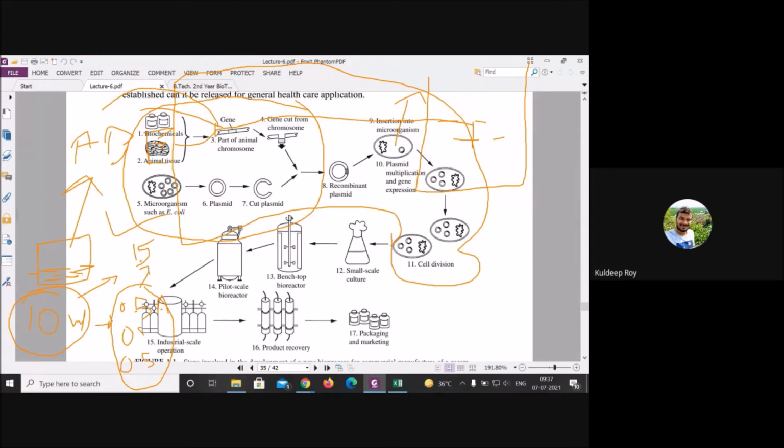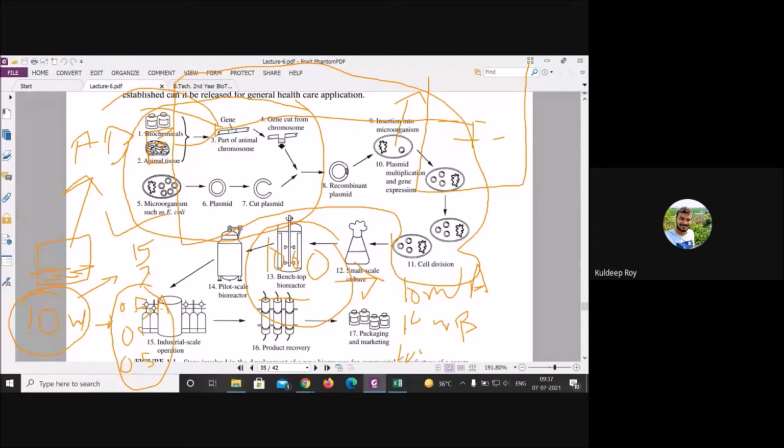Now you want to scale up this process and you are looking for a larger volume. You have taken 5 ml and scaled up to 1 liter. You will expect that when you scale up, it will give a similar kind of product, so the ratio should be the same. 10 ml gives 0.5 ml, so here I am assuming that 100 ml, 1000 ml can give 5 ml of acetone, 10 ml of butanol and 10 ml of ethanol.